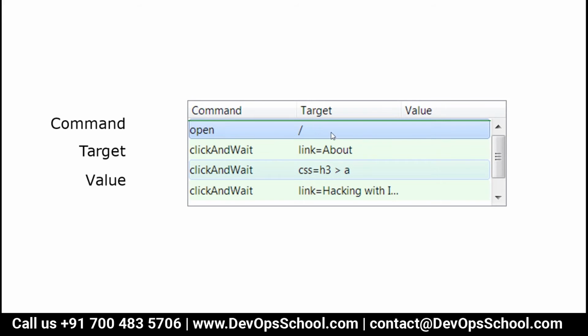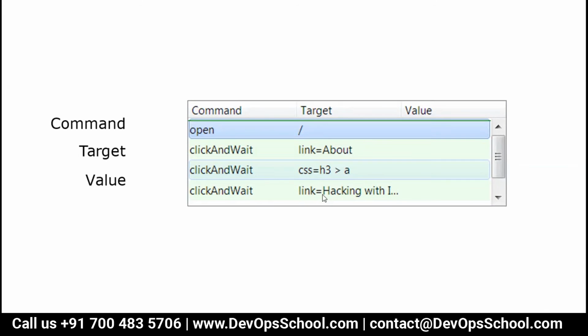After that, you go and click on the about link. After that, you go to the page, you have to go to the one header which is linked with the CSS. Then on the next page you click on some link with hacking and stuff like that. So this is command, target, value.